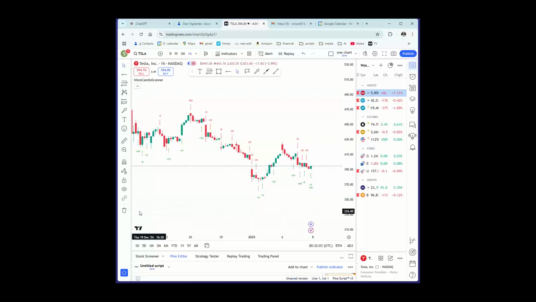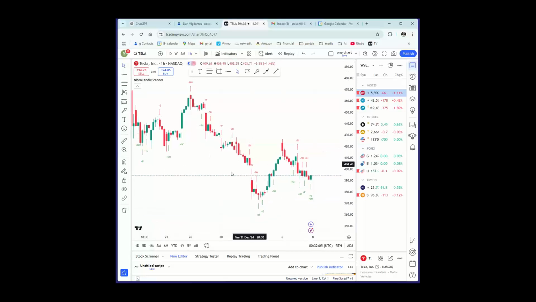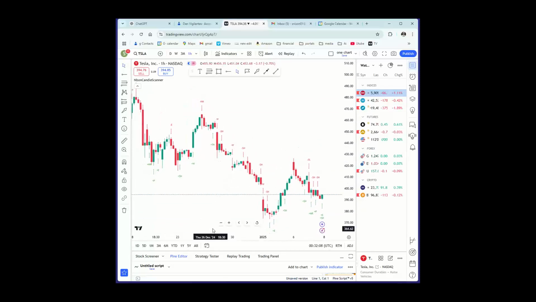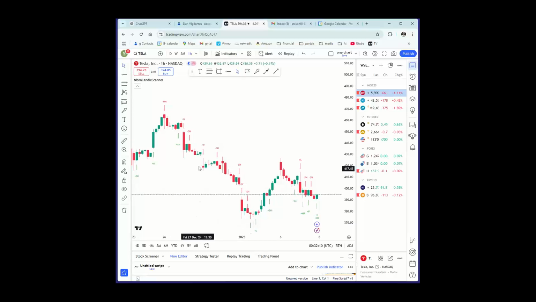Let me get rid of this and I'll show you what I did. On the intraday chart, there was a falling window. Sometimes you'll have a window on an intraday you don't have on a daily chart, because on the daily chart, if the price overlaps like it did here, this is one day, this is another day, there'd be no gap down. But on the intraday chart, because it's the last candle on the last hour and the first candle on the next session, there was a gap here.